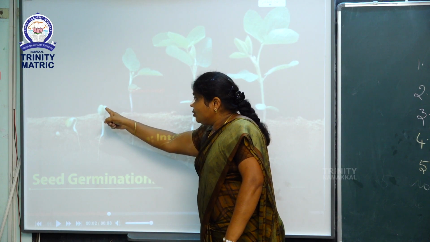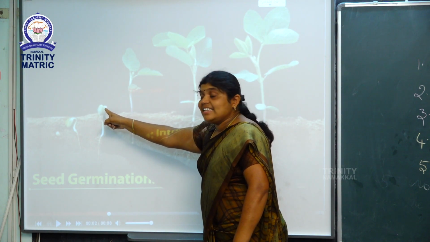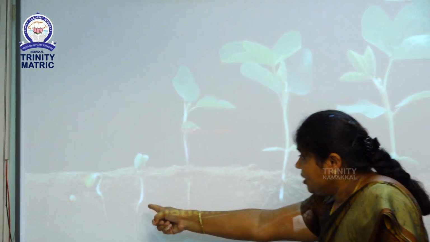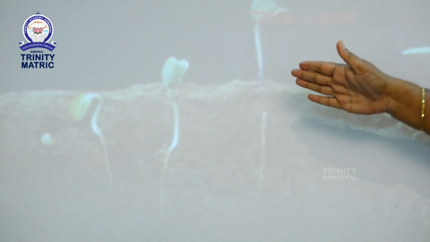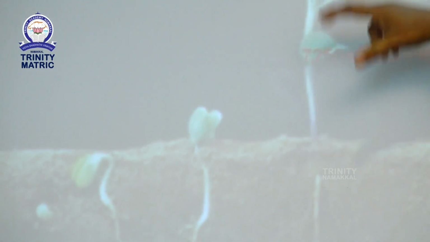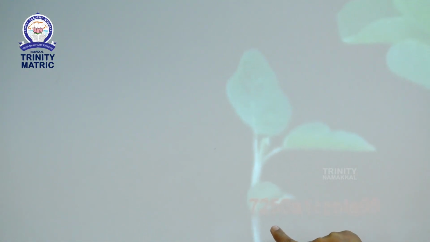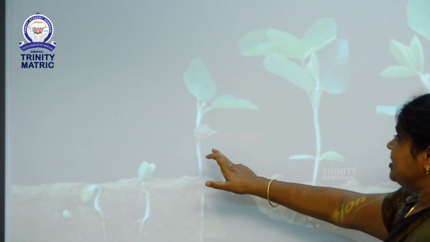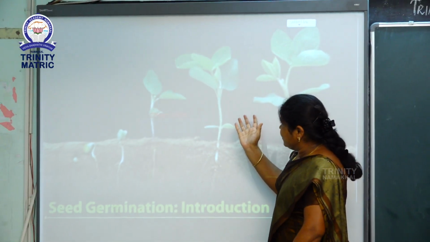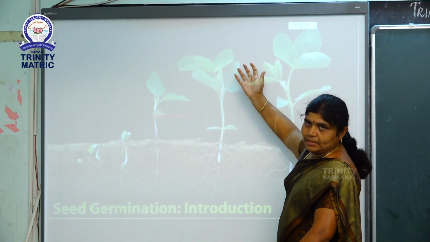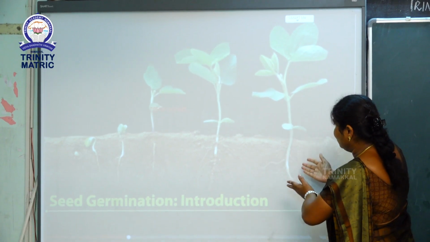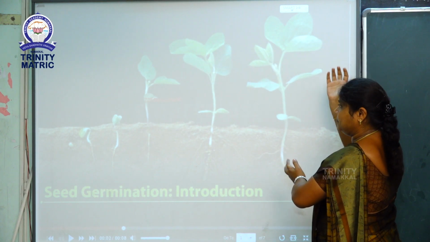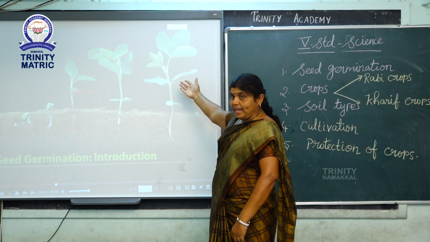Second picture, see the top. These are seed leaves. Then in the third picture, the root is well developed. Then above the ground, what is there? Small stem and leaves. This is the third stage. Next, the stem will develop. And last, the root and plant parts will develop. That seed produced a new plant.